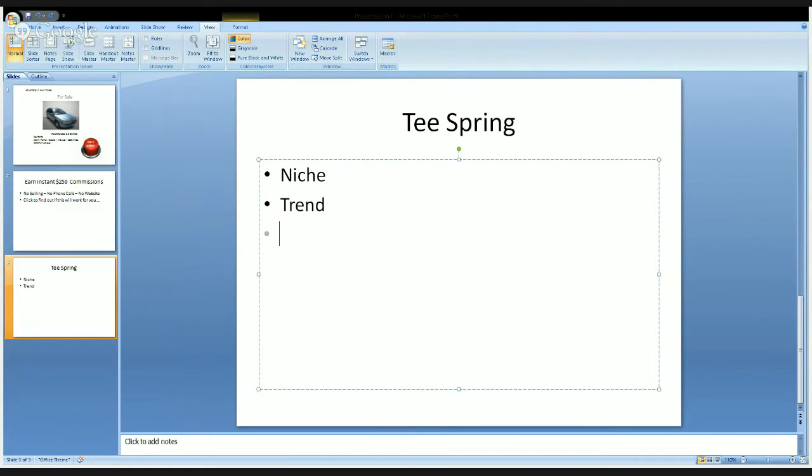So if you pick your niche and you pick a trend, it might be health and fitness, it might be spiritual, it might be personal development, it could be hang gliding, it can be anything you want, it can be sports. Sports is a good niche for this type of thing because sports fans are used to paying over the odds for t-shirts and things.